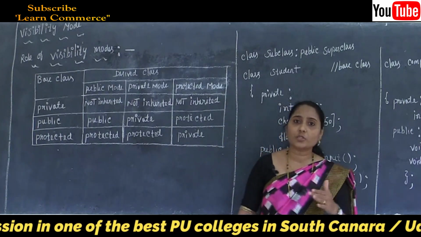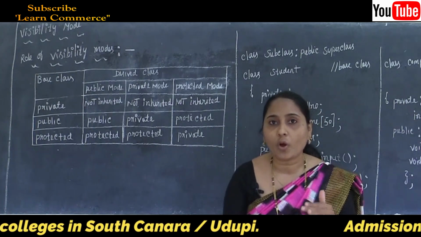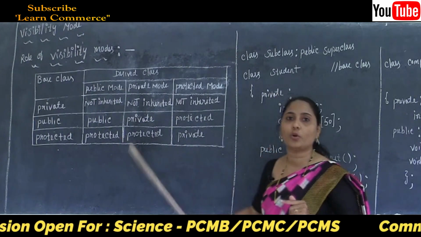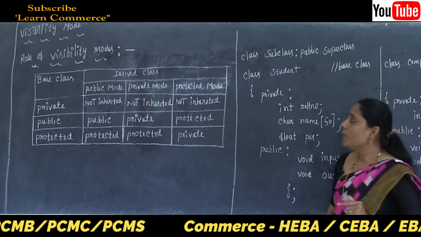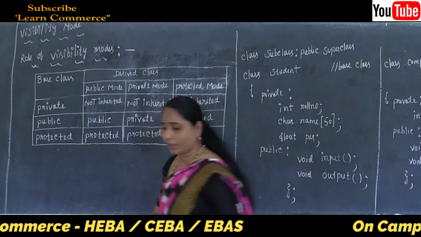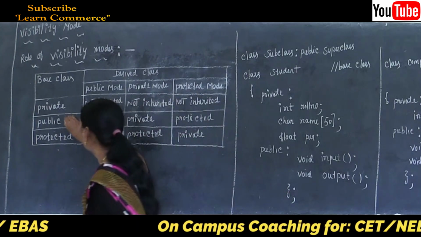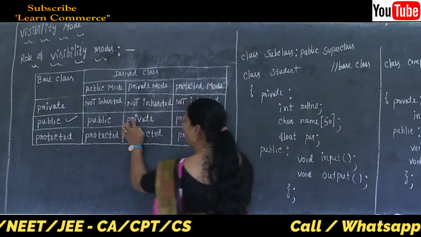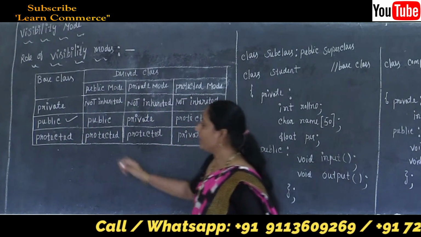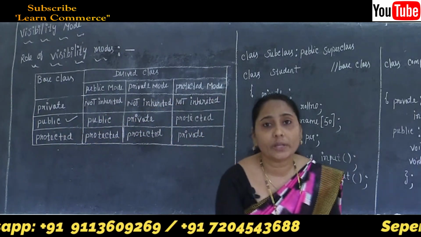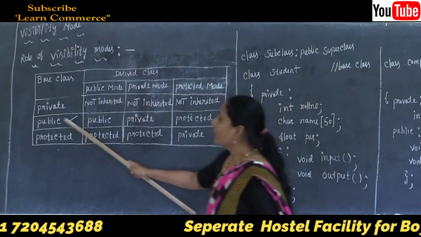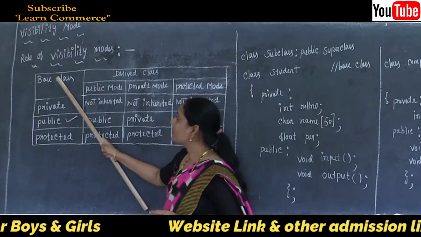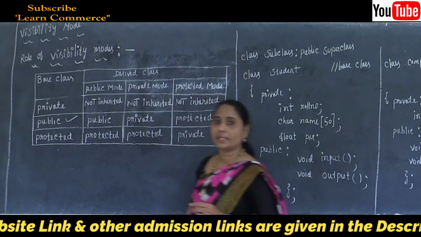In this chart I am going to clarify the meaning of that. In the last note I said that all members of the class are inherited except private. Now it will be clear in this role of the visibility mode. The first thing I want to tell about is our public mode, which is called public inheritance. I am going to complete this line about public inheritance. In this case, the public members of the base class. Listen properly here.